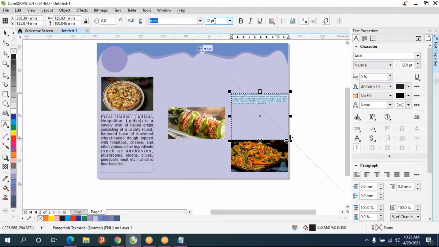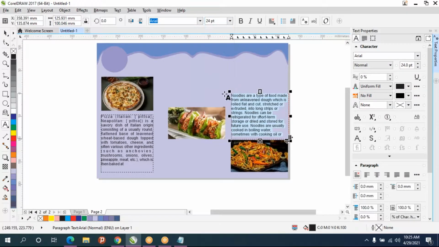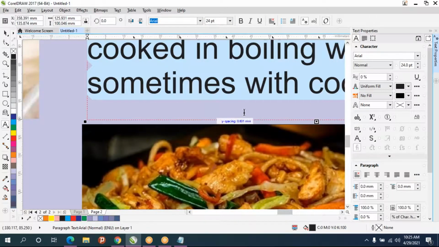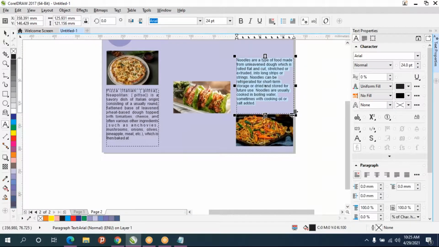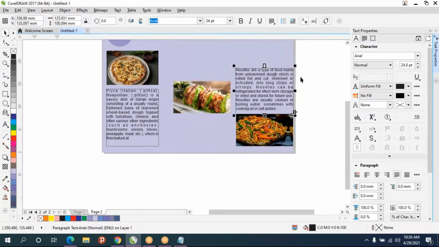So I'll select the text, increase the font size. And if it shows red color means still some texts are there. You have to expand it. It has to show in black color. And you can give justify alignment. I'll give some other font color.